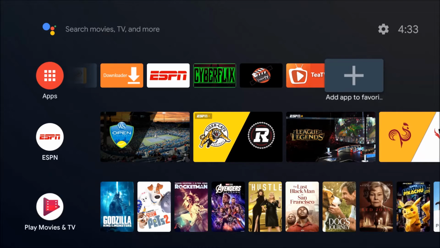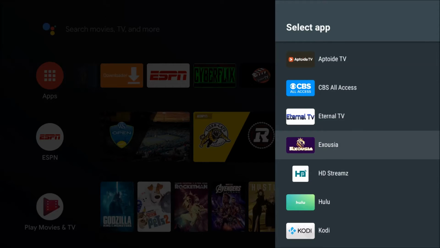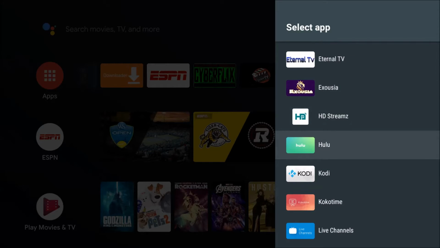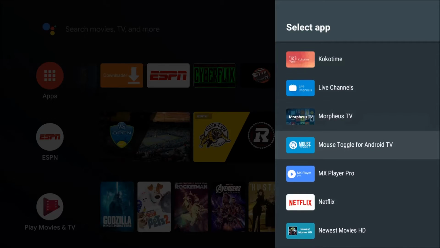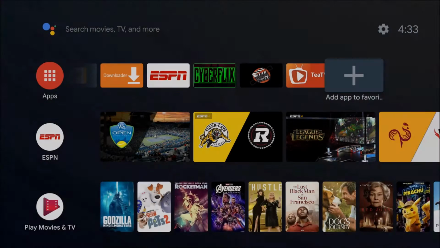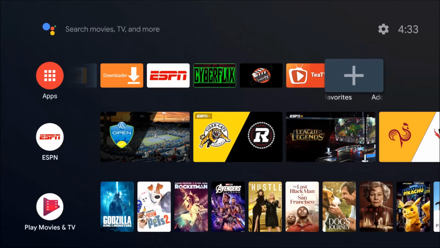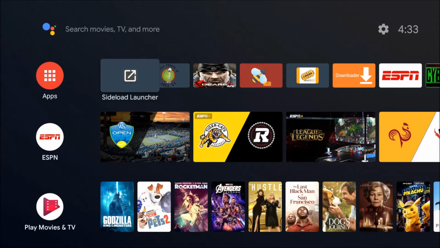So if you click on add to favorites, you see right here everything comes up. Select an app. One thing you'll realize is not all the apps that you download are going to be in this select your app screen. This is why I installed a side launcher, because all the apps that you installed on your system will not show up there. So the side launcher is a third-party app, and you see here it will show apps that you didn't see